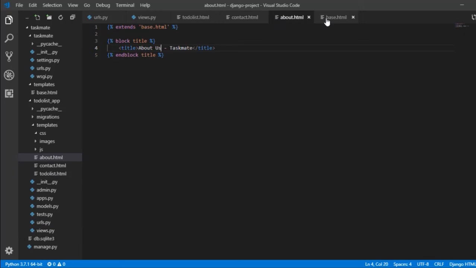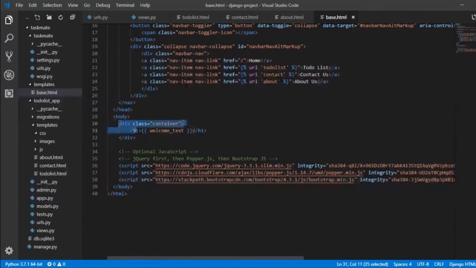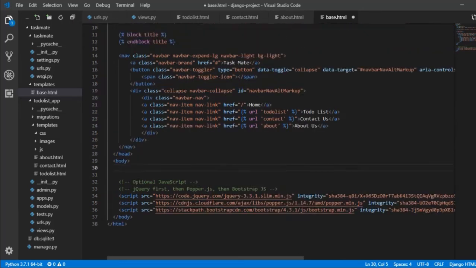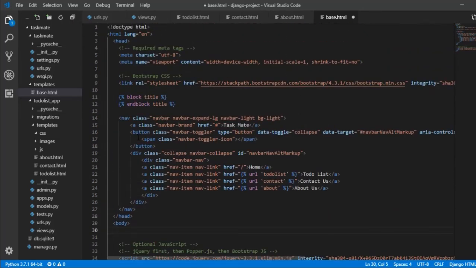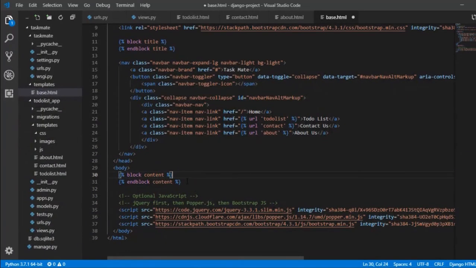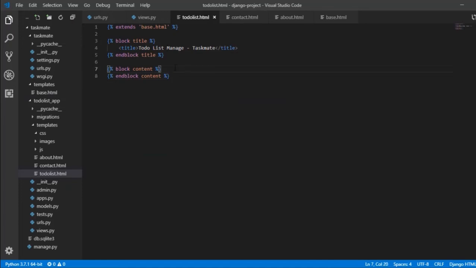Now the second thing is the body will be different for all the pages. For that we will be using another block of code. So here we will be creating a block called content. All you have to do is create a block, and that would solve a lot of problems. So just copy this block and mention the content of this block into different HTML pages. Here let me use my content, which is welcome text. Copy this on every page.